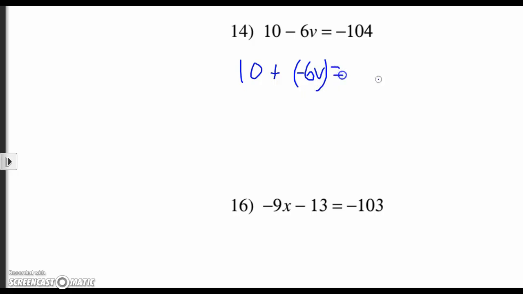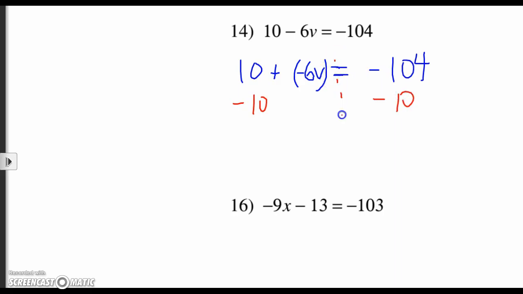And that would be equal to negative 104. I haven't changed any values here right now. All I've done is rewritten subtraction as adding the opposite, which you've had on quiz questions, practice, assignments, your last test. Now, I can undo my operations. Negative 6 is multiplying v, and 10 is added to that variable. So I can subtract 10